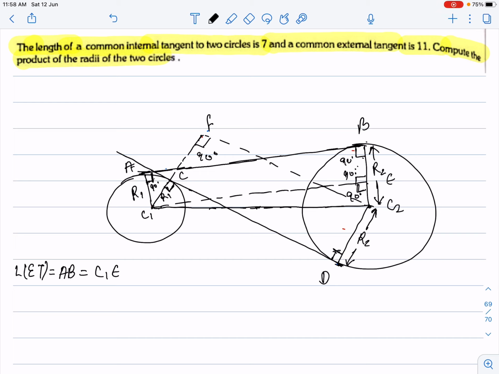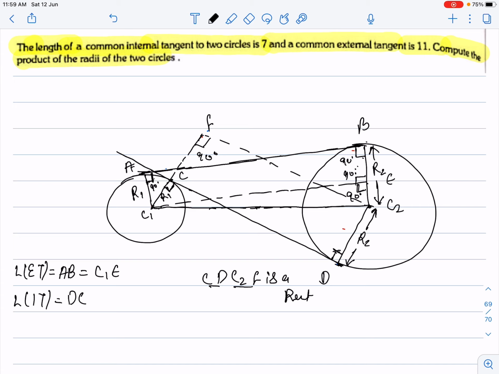How can we derive the value of another length of tangent, that is DC. DC is what? Internal tangent. So length of internal tangent will be DC, and again we would have to do a construction over here. From point C2 I would extend C1C to point F such that a rectangle is formed over here. CDC2F is a rectangle. We have done the construction in such a way that CDC2F is a rectangle.